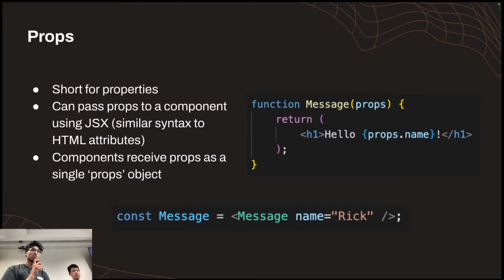Props are short for properties, and you can pass props to a component using JSX, with a syntax similar to HTML attributes. Components receive props as a single props object. For example, in that image you can see it's passing props, and Hello returns props.name, the name from the props object. And you can call it like that. So message name is equal to Rick, and it should say hello Rick